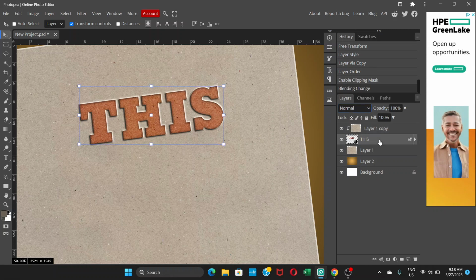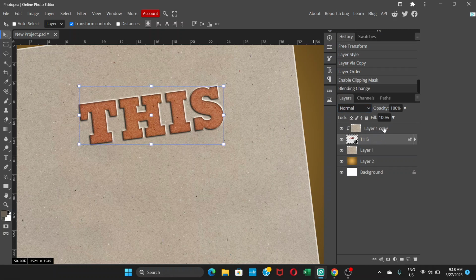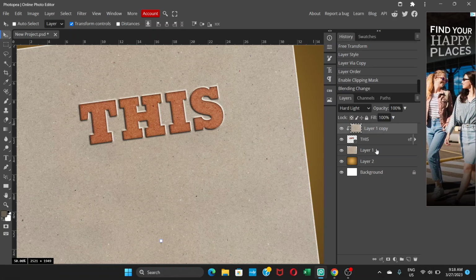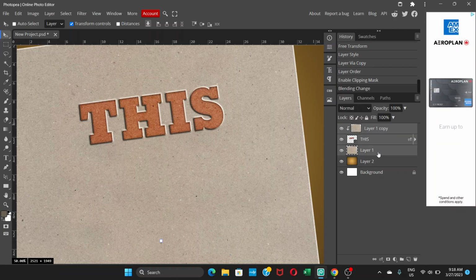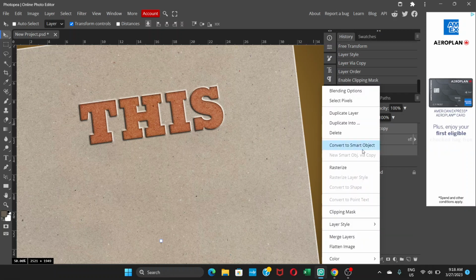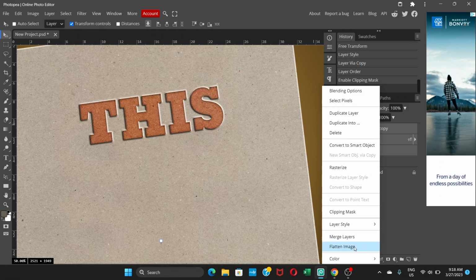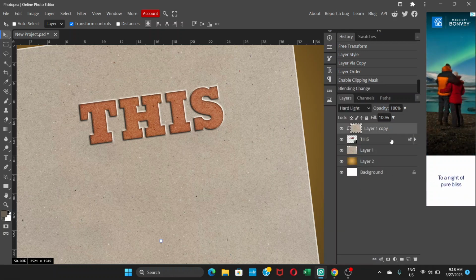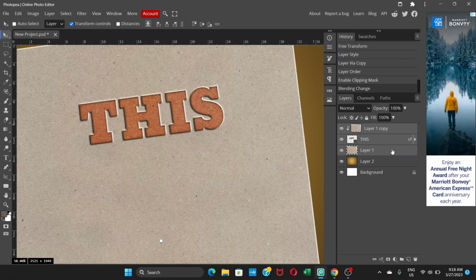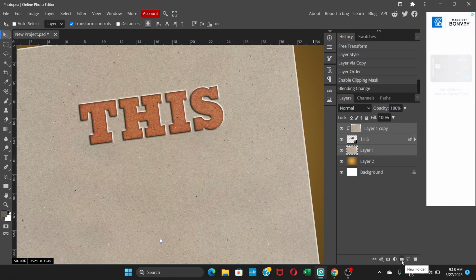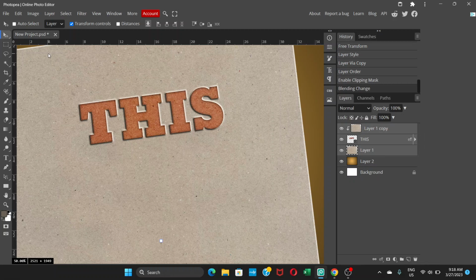And now what we can do is click here and then, holding the shift key, click on this texture, and then we can right click. Hold the shift key, select these three layers, and we're gonna go here, a new folder, or you can also go to, I guess,